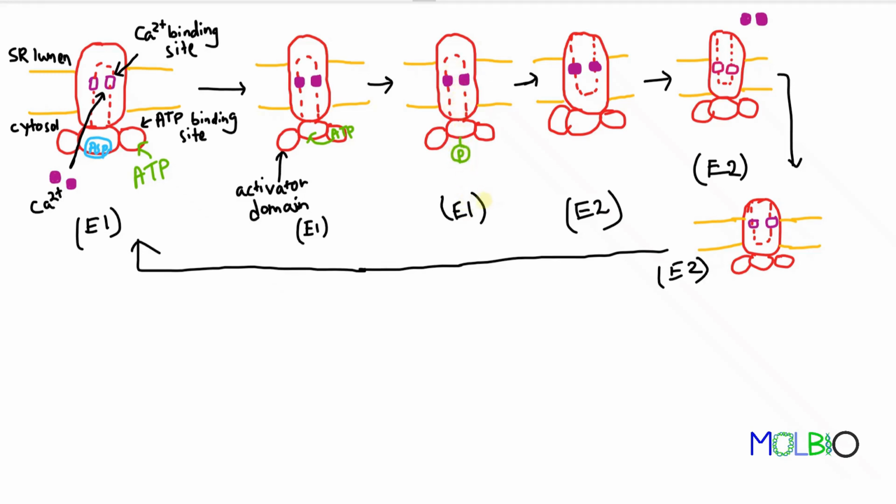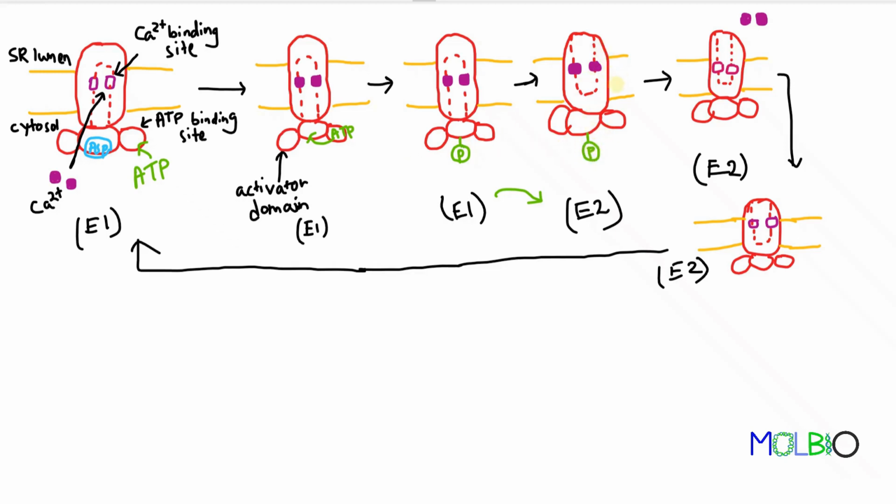Now, once phosphorylation is complete, E1 switches to E2, and in this E2 configuration, as you see, the pump faces towards the SR lumen, the sarcoplasmic lumen, and in this configuration the phosphate is still bound,